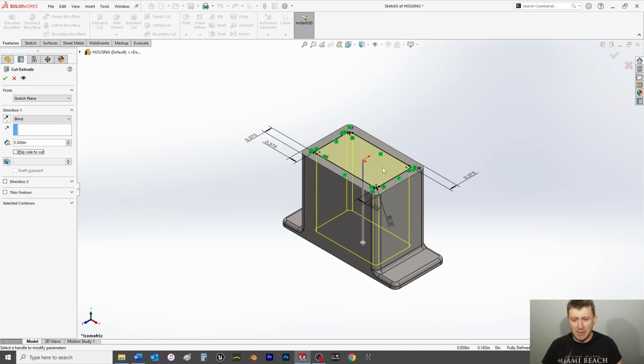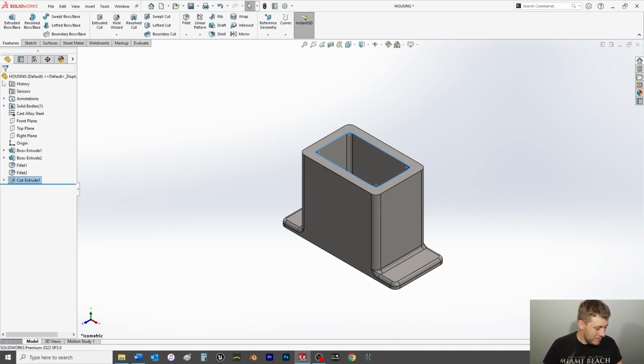And then you're going to notice we have this rotten banana yellow, puke yellow shaded region for the partial preview, as well as these yellow lines showing a partial preview of where it's going to remove material from. And then we have this large arrow here showing the direction, which could be changed from over here. But we're going to leave it facing down, because if we had it pointing up, it'll actually give us an error because it's not even going to be cutting through anything. So then we're going to click OK, and that's going to land us on page 60,